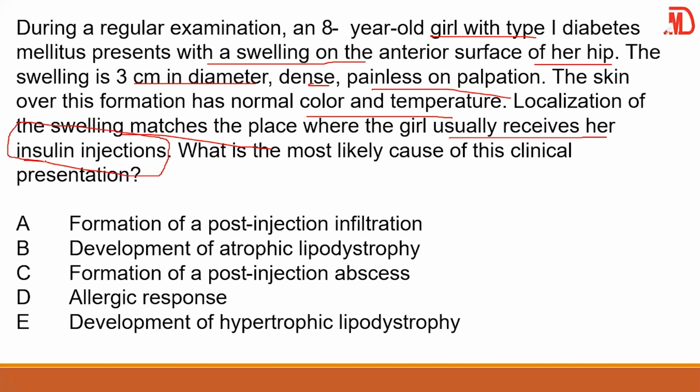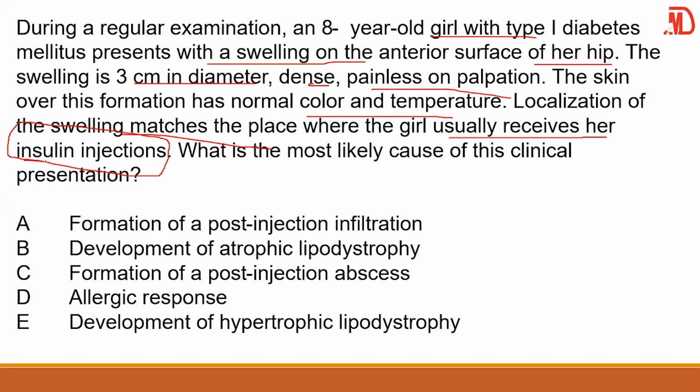So guys, what are you looking out for? Of course, over here, this is because of what? The injection, isn't it? So we could be looking at what we call injection site swelling. Injection site swelling. Technically, we call it